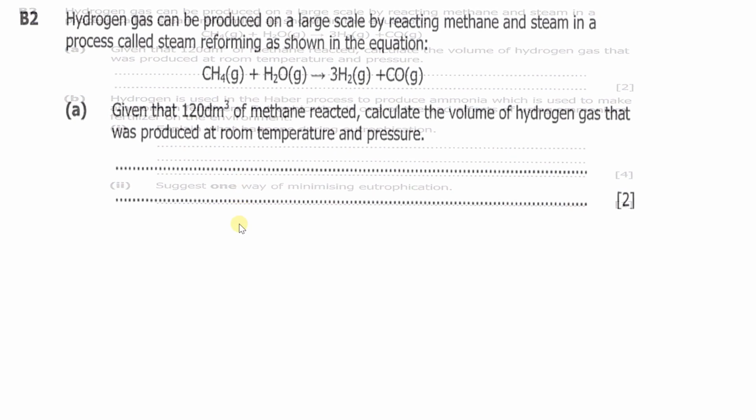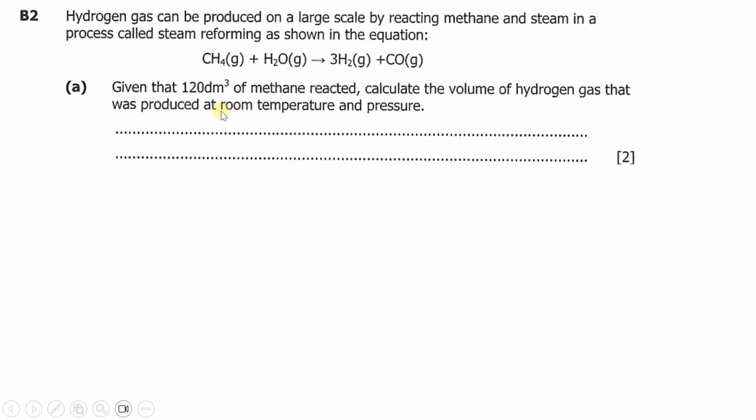So I did like this. Okay, so this equation must be balanced. It is balanced as it is. So here we have been given 120 cubic decimeters of methane which reacted with steam. Then they are saying calculate the volume of hydrogen gas that was produced at room temperature and pressure. So they need the amount of hydrogen gas produced here, when methane given here was about 120 cubic decimeter. So for you to be able to answer this question, you need to use that